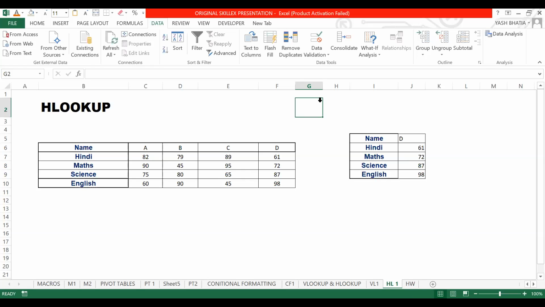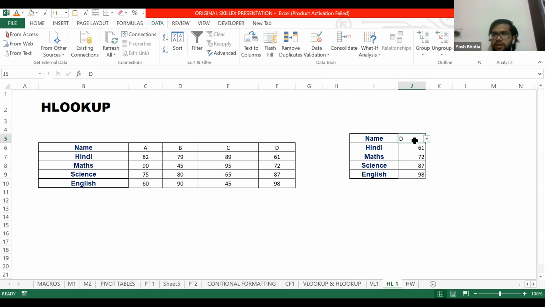Can you please repeat this one? How you did the drop down? Okay, sure. We need to select the cell where we need to create the drop-down menu. Select the cell, go to the Data tab. Under the Data tab, click on data validation.